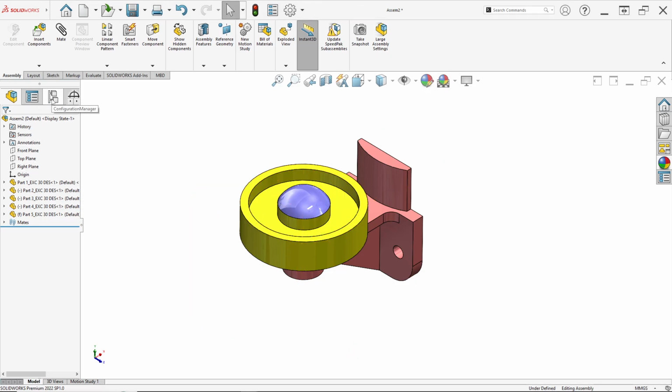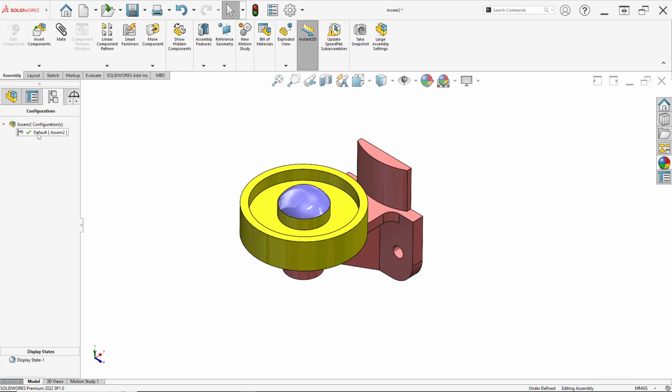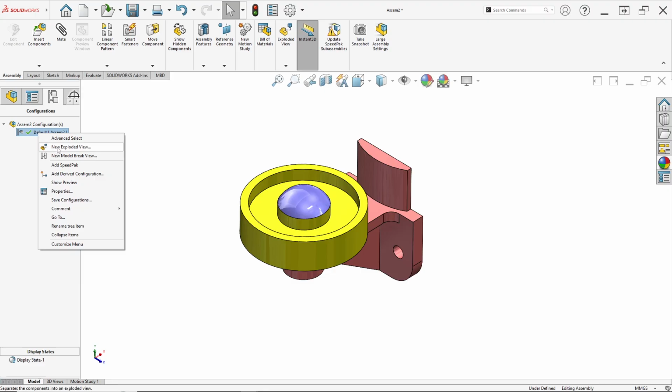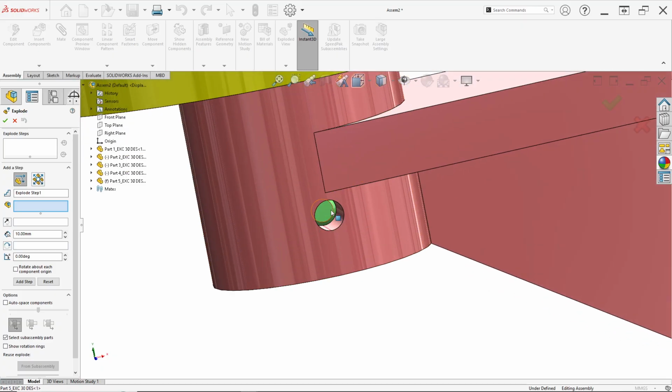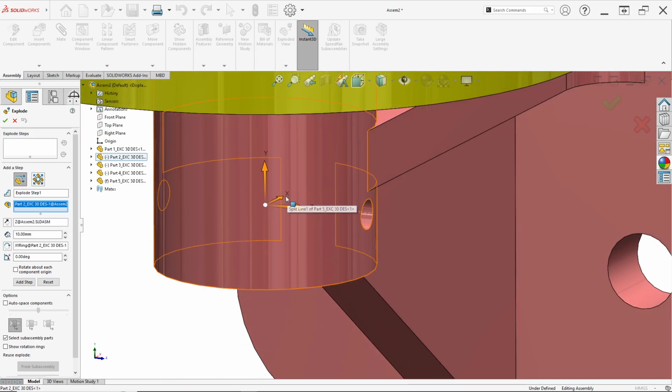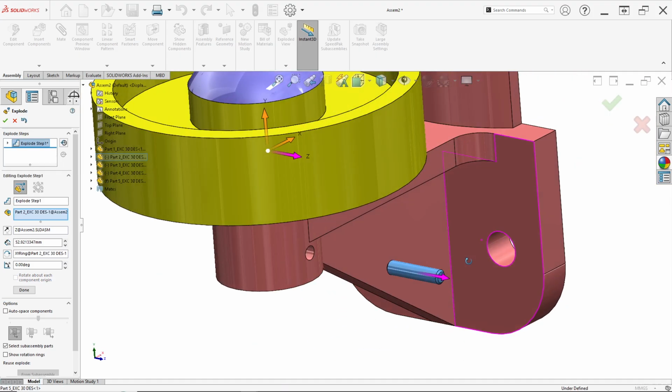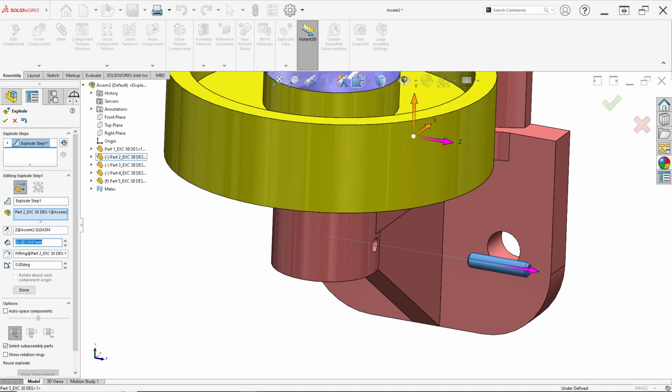Now we can make this assembly to see explode view like this. So right click on this, just click on configuration manager, right click on this and click new exploded view. So in here you can see explode step. For first step we can select this part or part 2. For direction in here is X, Y, Z. First we can set on Z direction here. For the length in here, for example, you can set in 70 for Z direction.